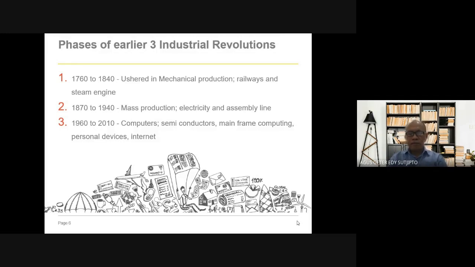At the time, we started to formulate and make a strategy. What should be the response to Industry 4.0 in Malaysia to face this kind of Internet of Things, for example, or the revolution. So there are 3 phases of industrial revolution before 4.0. This we already have access to now.